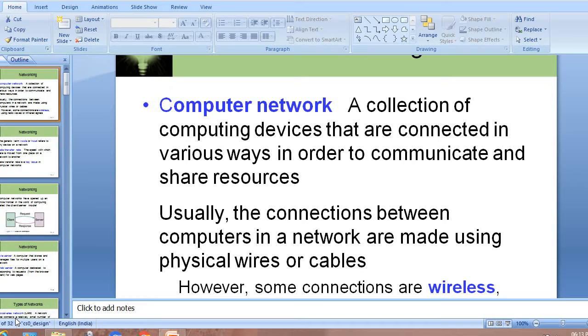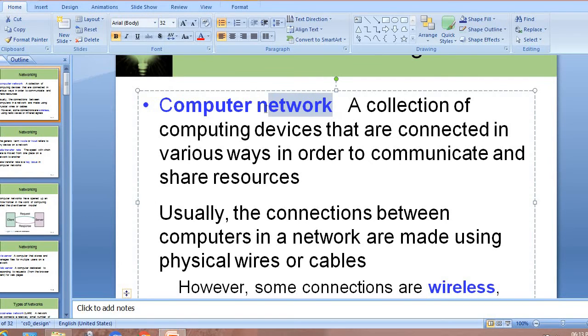Now let's start with the computer networks topic. What do you mean by a computer network? As we all know, a computer is a device with which we are using our system, and a network means whatever connection we are making with our systems.